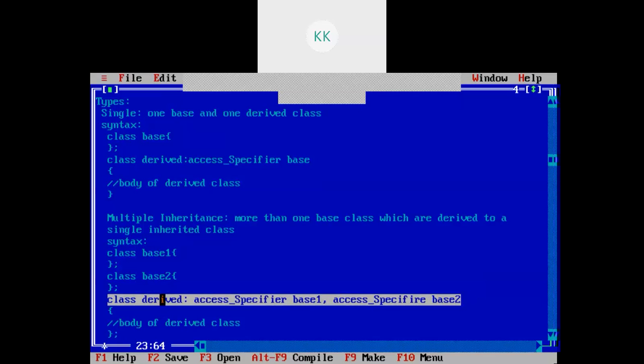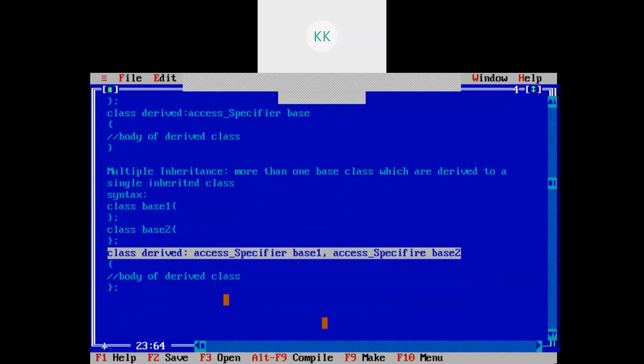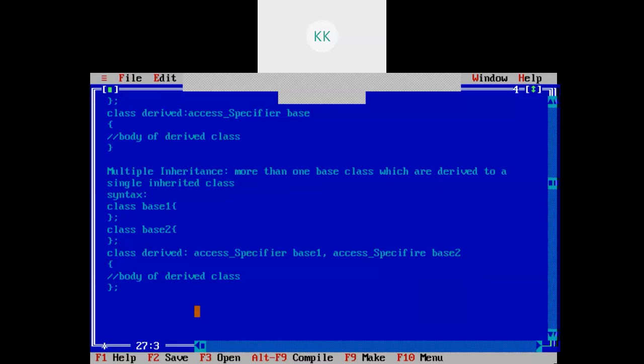It has class, derived class name, then access specifier base1 comma access specifier base2, right? So more than one base class we are deriving into a single inherited class. The next type of inheritance is multilevel inheritance.